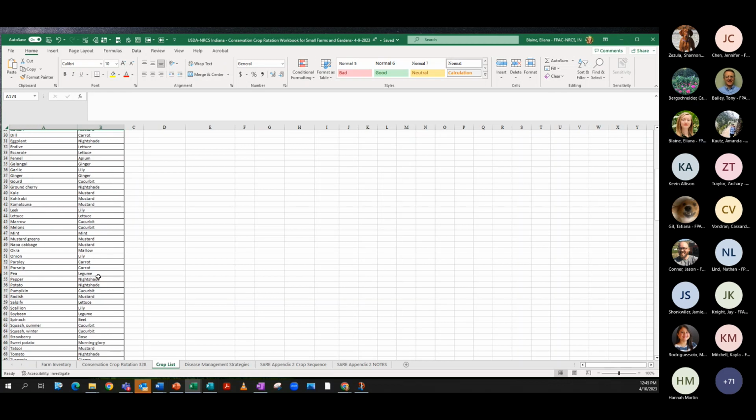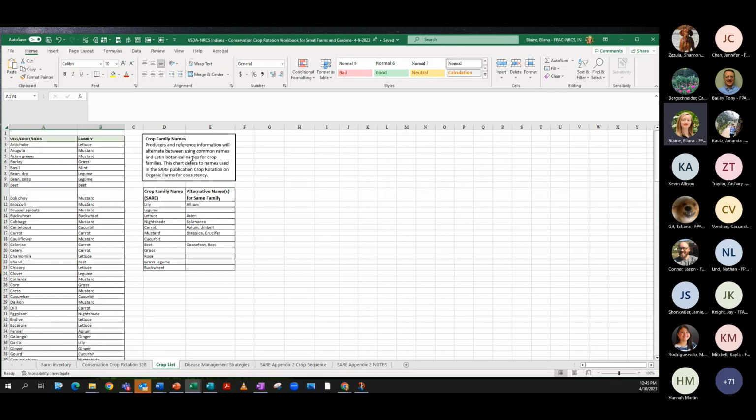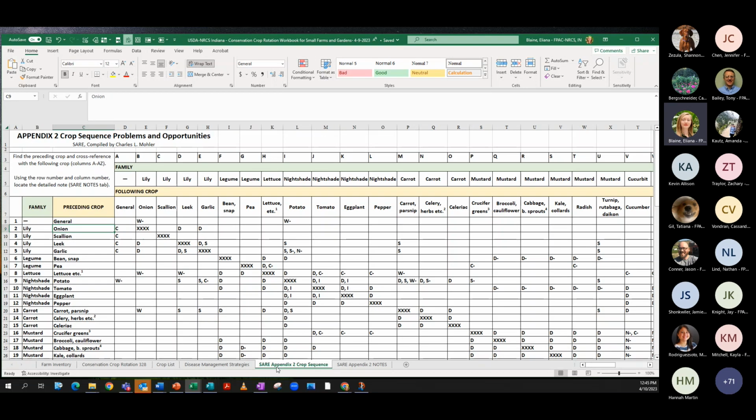And then a note on crop family names. There's a lot of different ways to refer to crop families. You might hear a grower say solanaceous, whereas this tool says nightshade. You might hear brassica a lot, and I typically talk about brassicas. However, for the purpose of this tool, we used mustard, and that is because of where we're going with